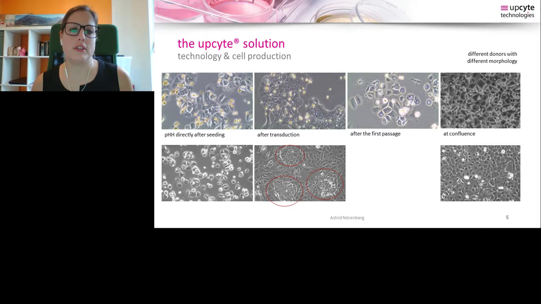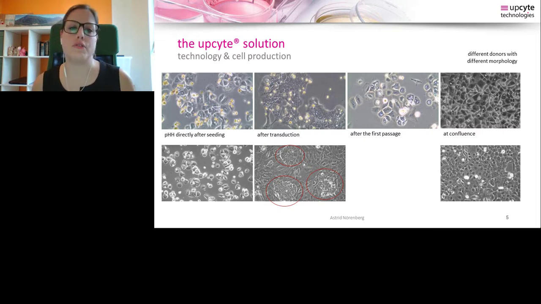And then we do a first passage of the cells. So that's the crucial step, as when they survive the first passage, you can treat the cells as you would treat normal cell lines. On the right side, you see as soon as the cells actually hit confluence, they are contact inhibited and